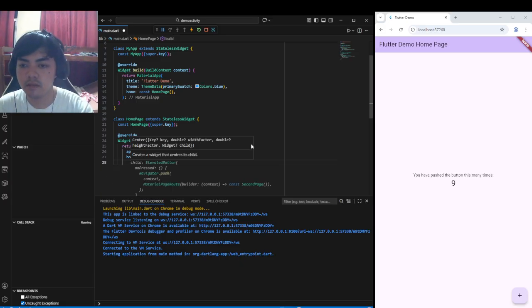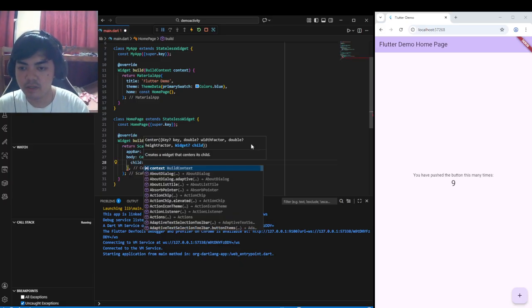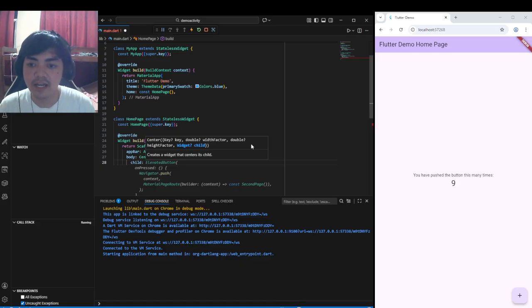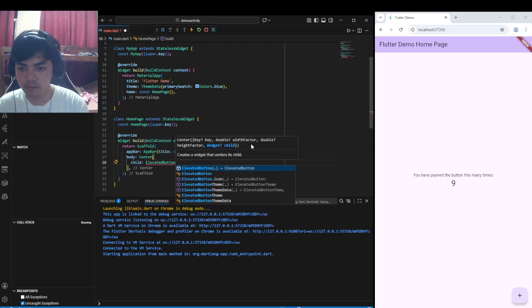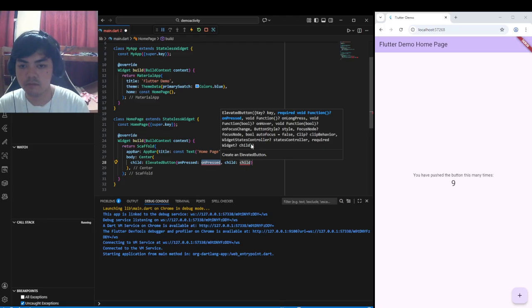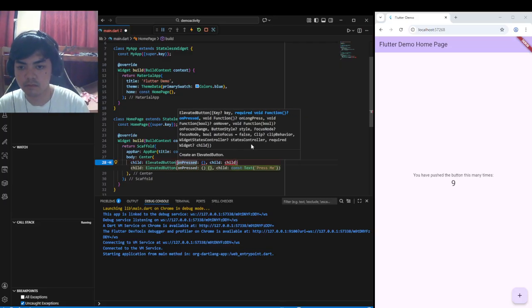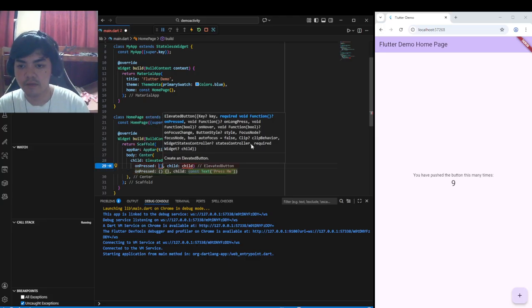And then we're going to create a child, an elevated button, which is a button so we can go to the second page.